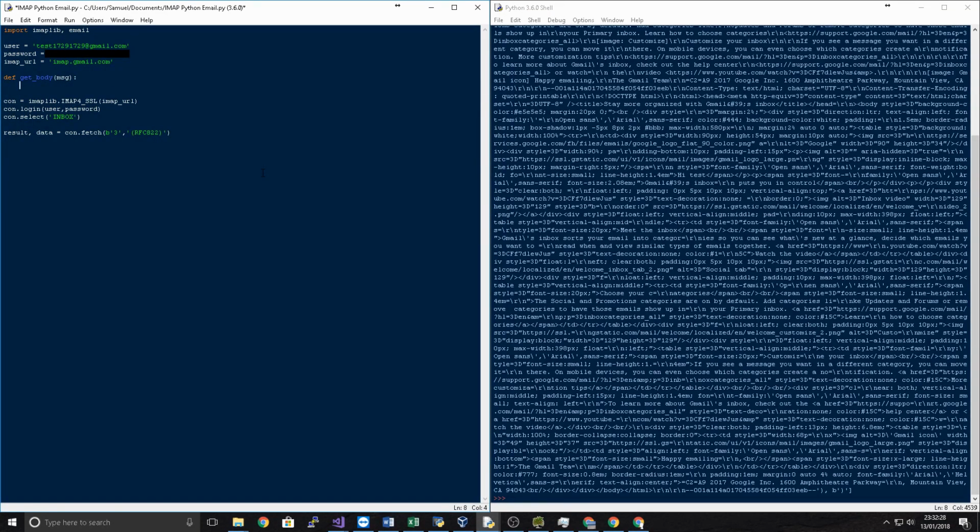This is only for our purposes. I don't know how useful this would be otherwise. So you can do msg.is_multipart, and this should detect whether there's multiple parts to the email. What I mean by that is the email contains a payload, and in the payload it contains the body, any attachments, and then subjects and things like that. So let's just return